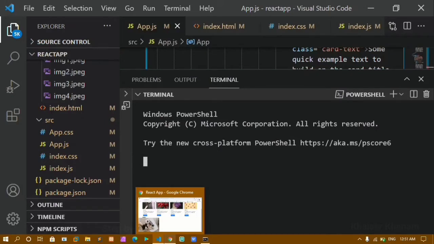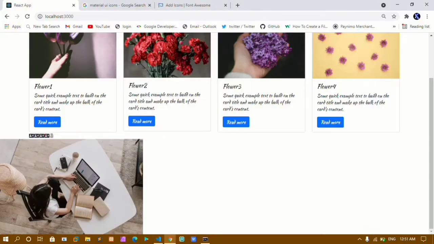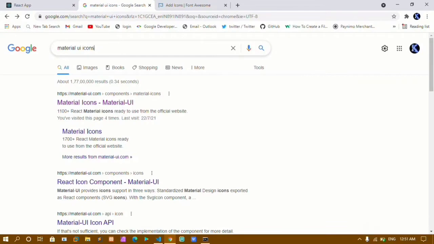npm we have already seen, Node Package Manager. We have to install the Material UI icon package and then we can use those icons inside our project. Now I'll tell you how to install Material UI icons and how to use them inside our projects. Just search inside Google, write here Material UI icons, and here you will